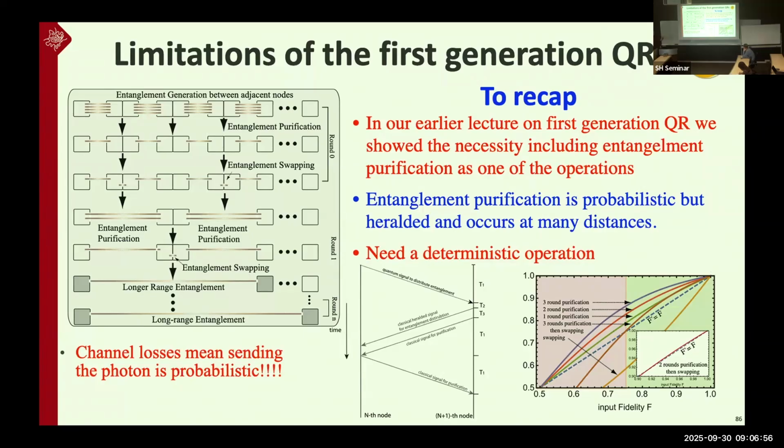And I'm very disappointed in my experimental colleagues, okay? I just want them to break one rule, okay? There's only one small rule I want them to break. The speed of light. If you can make the speed of light faster, then these things become better. But given that the speed of light is one of these constants of nature, we can't do that. And the problem is, every time we have a probabilistic operation that may fail, we're heralding it, but that heralding means we have to send a classical